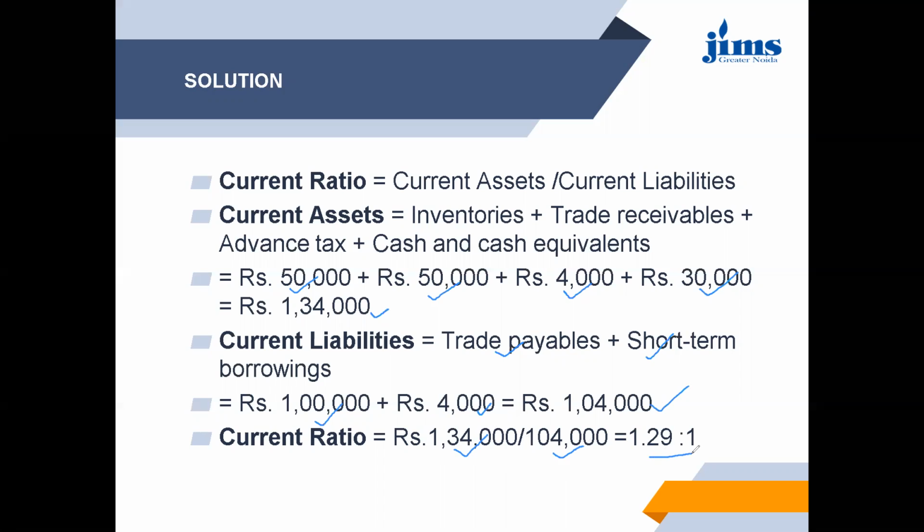You can also comment on the ratio, like I've already told you that current ratio should be at least twice of the current liabilities. 2:1 is the ideal ratio. So after paying off the current liabilities, the company must have the current assets. So this is not an ideal ratio. So the liquidity ratio of this particular company is not good, as current assets are only 1.29 times that of 1. So not a very good position.